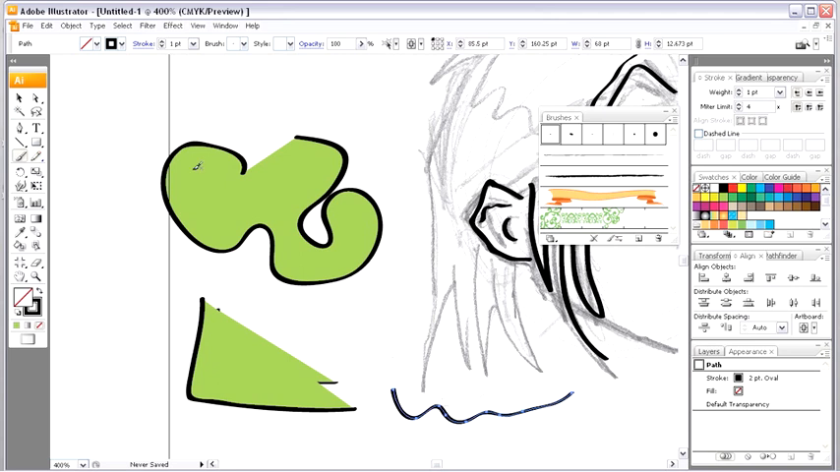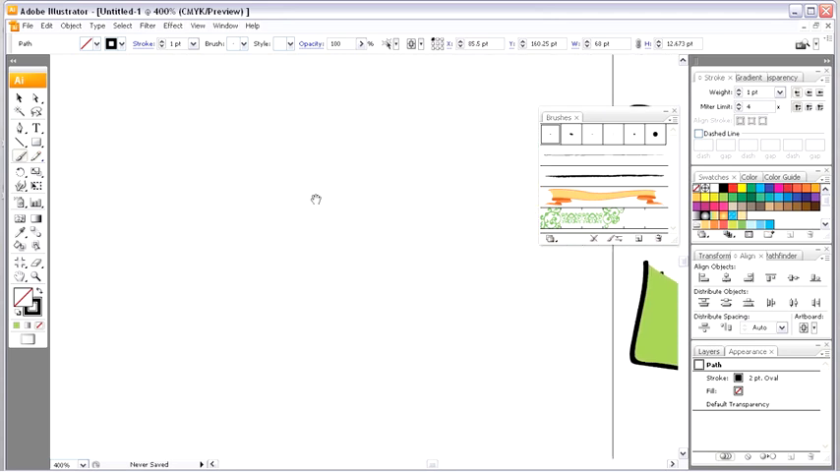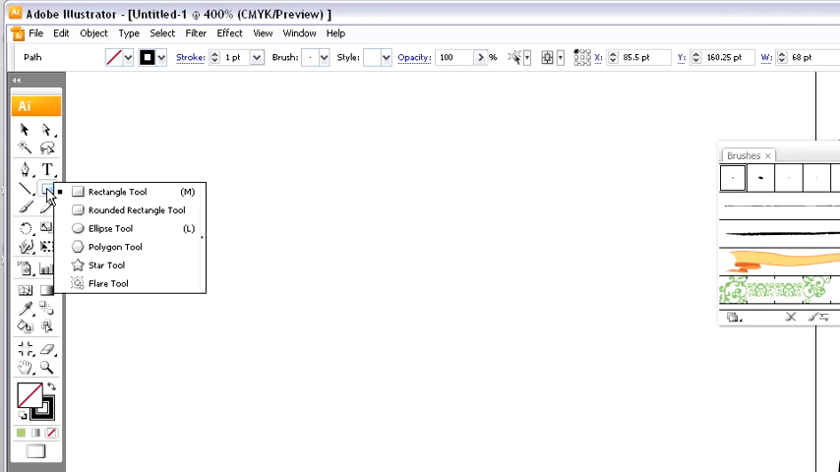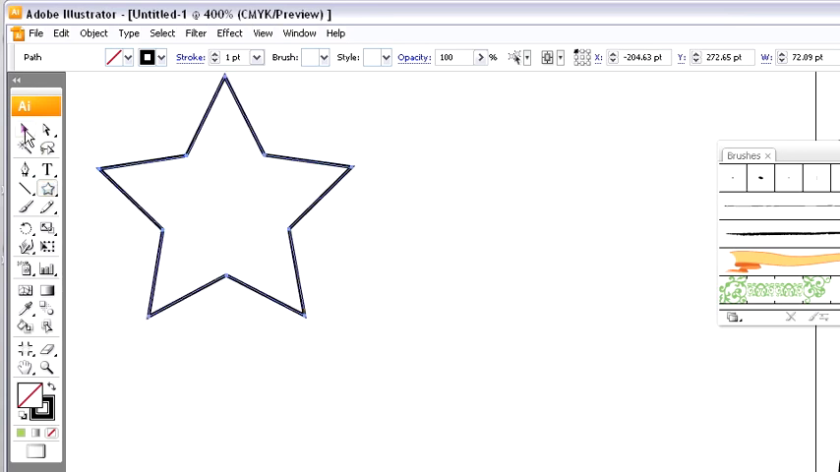Now, here's something neat that Illustrator will do for you. I'm just going to give myself yet again some more space to work in here. Rather than using the brush tool and my brushes palette together, what I can do is use regular old Illustrator objects here. For example, a rounded rectangle or the star or whatever you'd like. And I can draw them out here